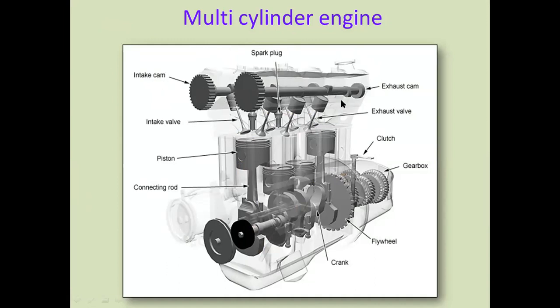One is the crankshaft. The connecting rod's big end is connected to the crankshaft, and the small end is connected to the piston with the help of the gudgeon pin. After that we have the clutch, gearbox, inlet valve and exhaust valve. In the head, the camshaft, inlet valve, exhaust valve and then the rocker arm are accommodated. So these are all the important components used in multi-cylinder engines.